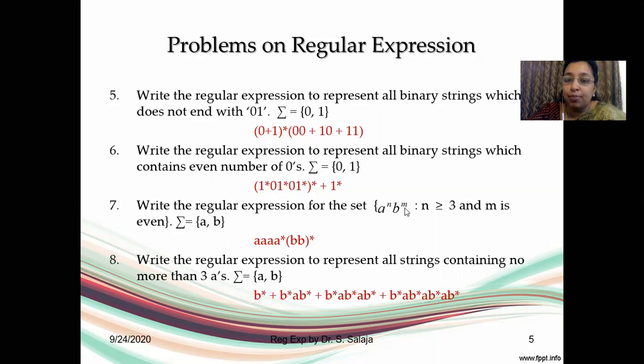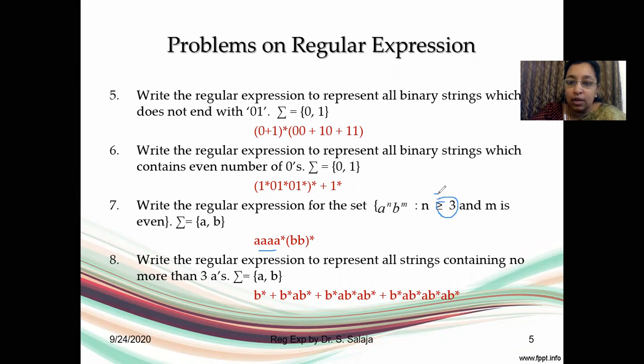And then what about this regular expression? It is a to the power n, b to the power m. Now this value is important. n is greater than or equal to 3. So it has to be a minimum of 3. You cannot have a to the power 3, a to the power 4, which is not allowed in a regular expression. So what has happened? a equal to 3 is a must. And therefore, I have given 3 a's. And above that, you can have any number of a's. And therefore, you have an a closure in the 7th one. Right? Here you have 3 a's, which means n is equal to 3.